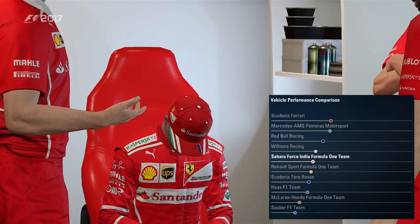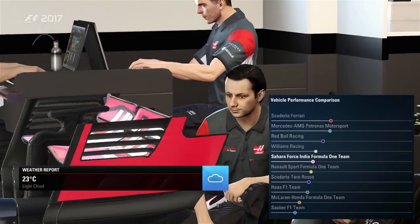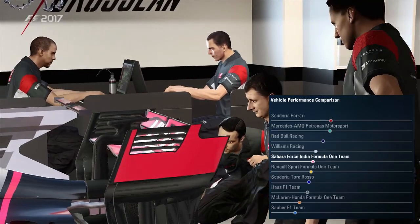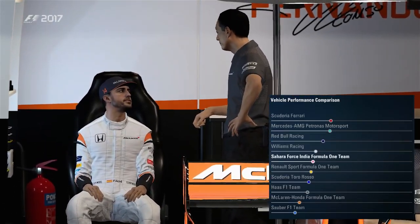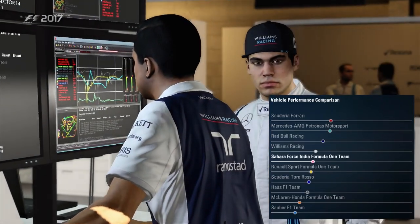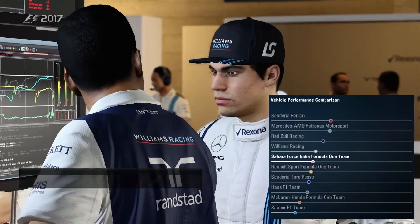This time no R&D cutscenes or anything, so I'm going to focus just briefly on how we're currently sitting as a team in the pecking order in the R&D tree. As you can see in the bottom right corner of your screen, Ferrari are actually the best team on the grid, beating Mercedes, hence why they've been so good this season. So I'm expecting Mercedes to sort of overturn it a bit and eventually catch up, as it did win the last race in Baku. But as you can see, Red Bull sort of in no man's land in third place